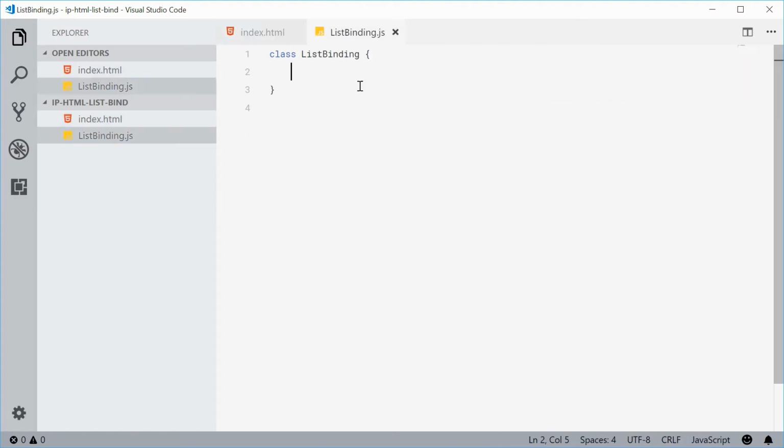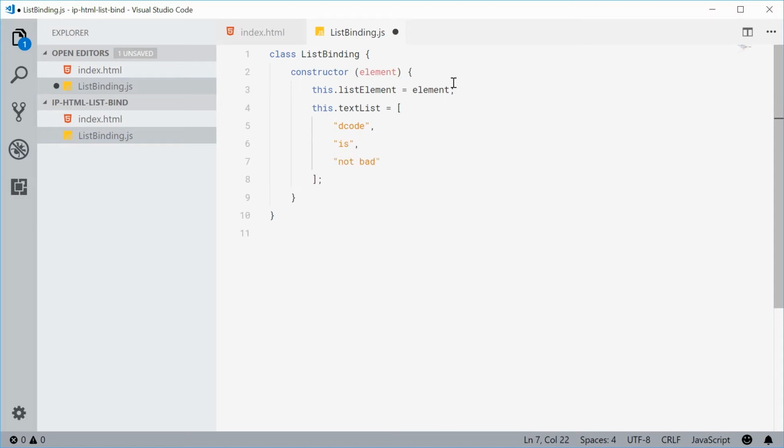Okay, so in the constructor, let's just take in a single argument, call this one element. Okay, now we can say this.listElement is equal to element. Okay, so we have an instance property here called listElement, referring to the physical list HTML element. Okay, so now we can make an underlying simple array that will be filled with all that text. So we can say this.textList is equal to an empty array. So this textList here might contain some strings. For example, "decode" is